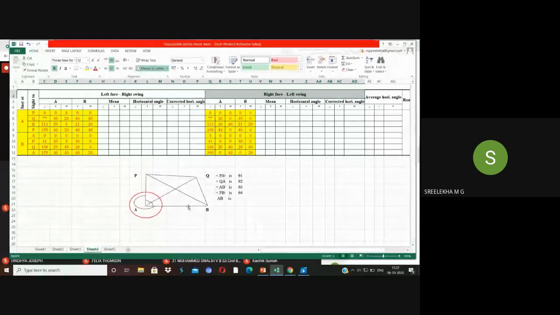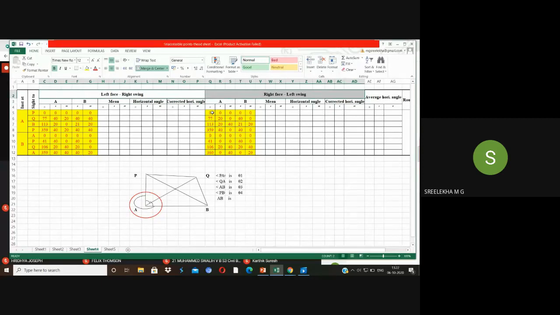Then sighting to the B, you'll be getting an angle equivalent to 113. It should be entered here. Then sighting to the point Q, you'll be getting a similar value as that in the other face. 17 here, 77, you'll be getting a value. Okay. So you'll be writing in the reverse direction. Okay. And finally, your error will be got in this value. If it is not 0, it may be so many minutes or like that you will be getting.